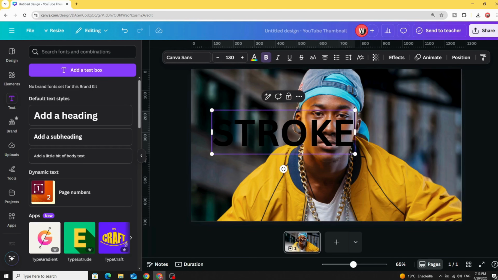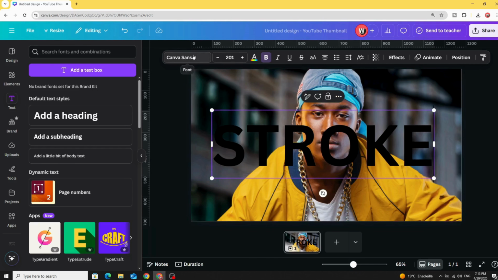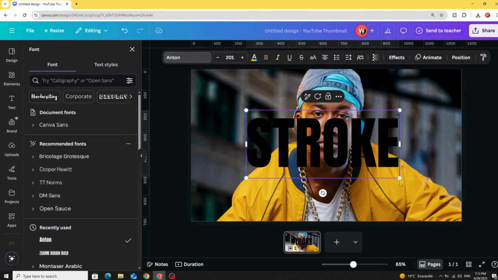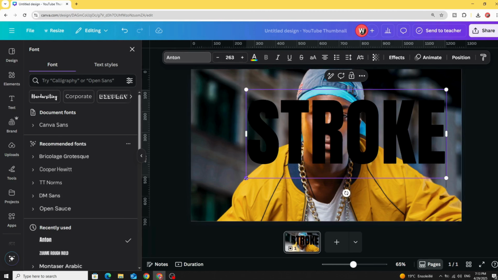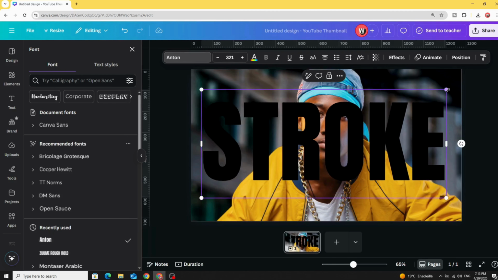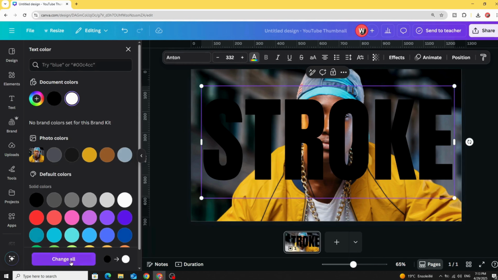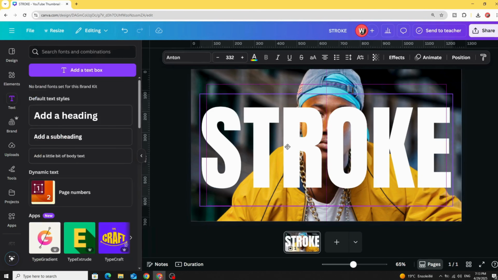Let's increase the size and use any font you want. For example, let's use just Anton. Increase the size like this. Let's change the color to white color